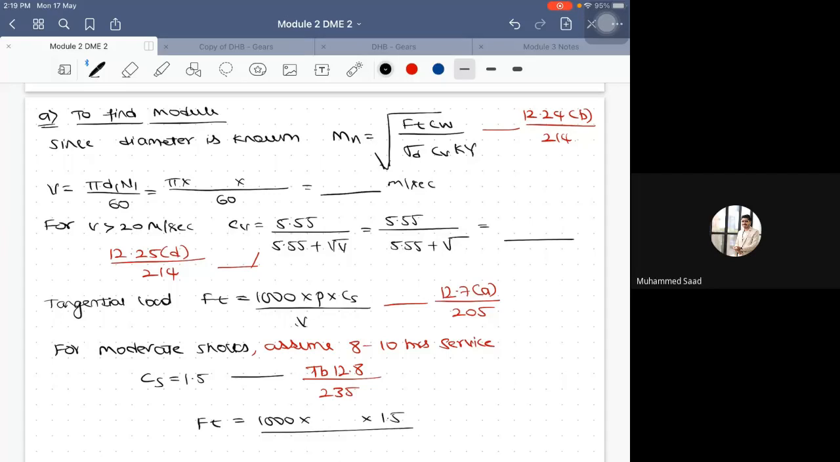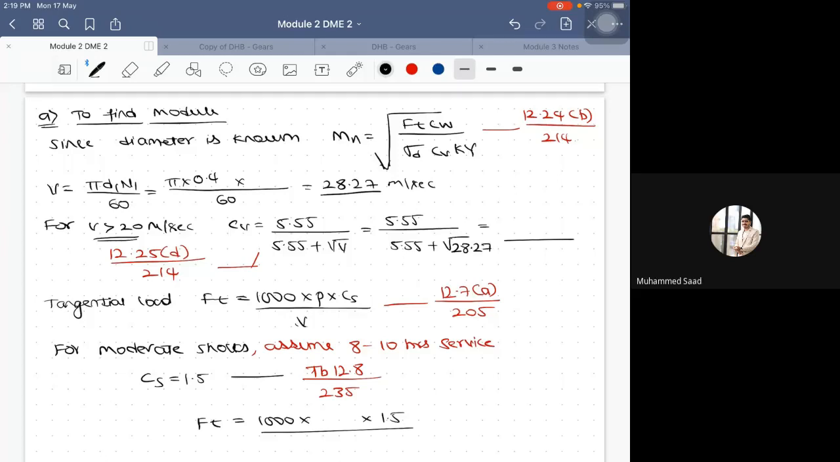D1 value is how much? D1 value 28.27. Okay, directly have given 28.27. So it is way greater than 20 meters per second. So pick appropriate formula from the data handbook for the value of CV, which is for velocity greater than 20 meters per second. So I would just write here